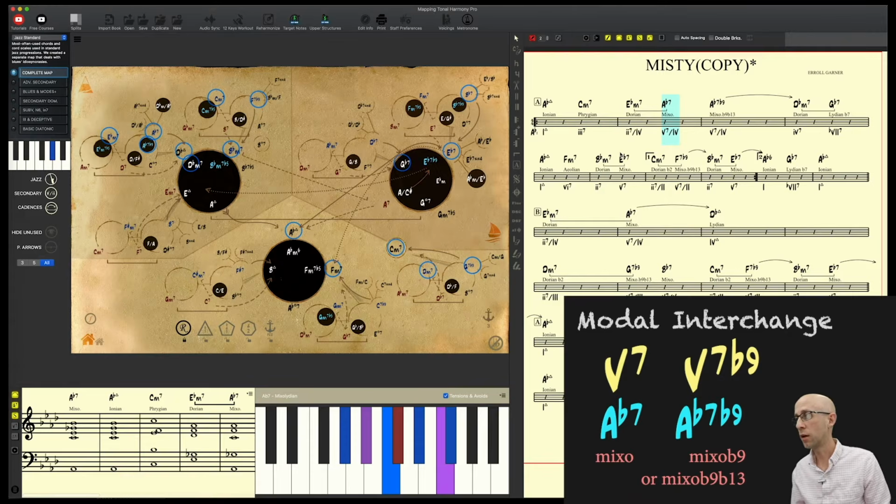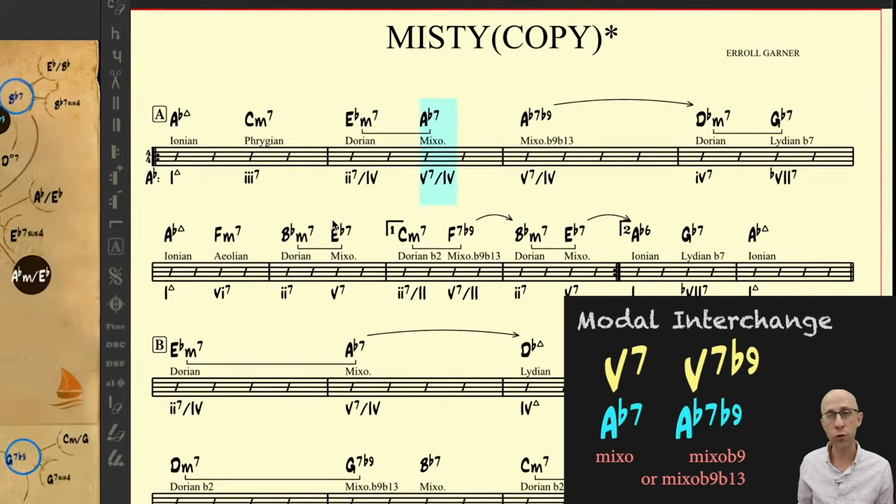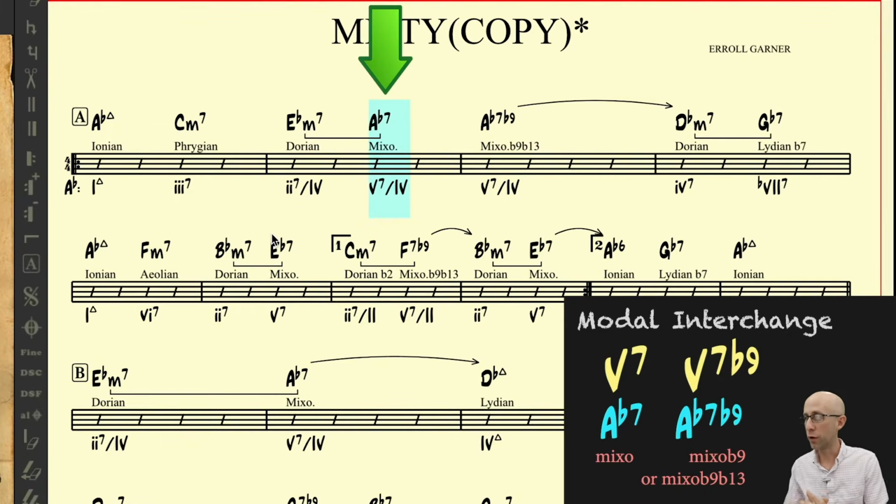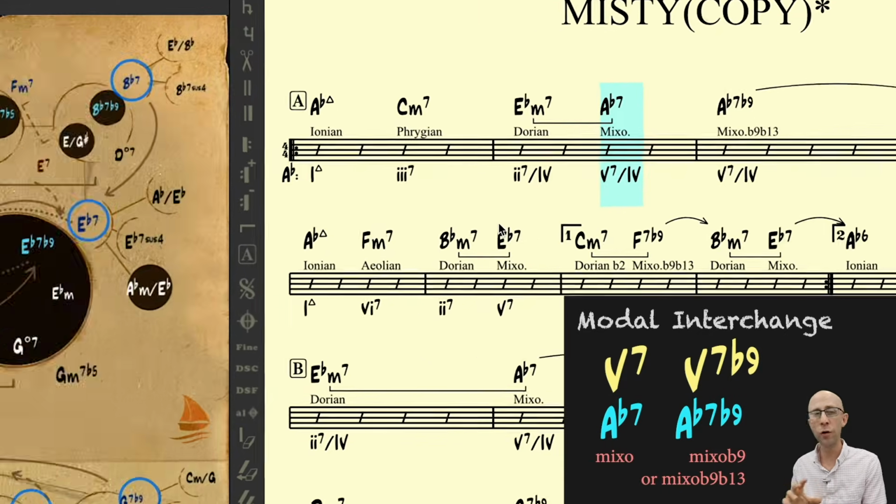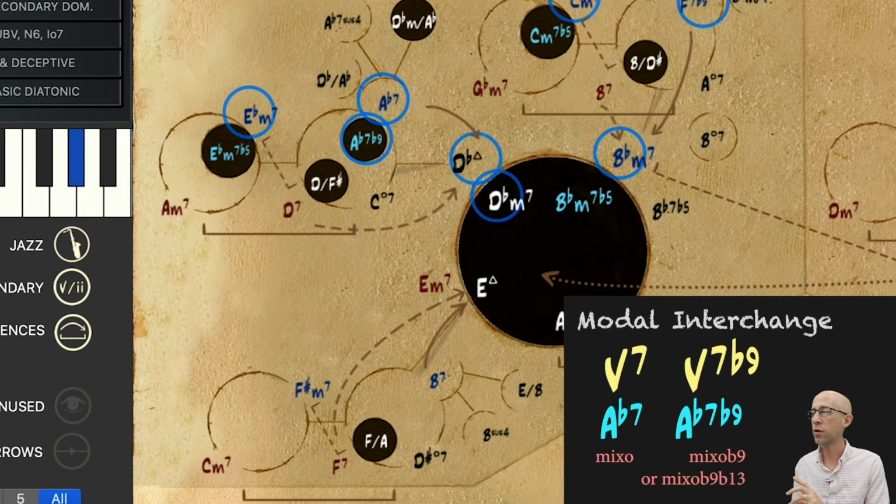The second technique is going to occur in measure 2 on the 3rd beat. And what we're going to do here is something called borrowing or modal interchange. So the function of the chord is going to stay the same. We're just going to borrow from the parallel minor to change the harmony a little bit and the chord scale, which will inform the melody and the improvisation also.